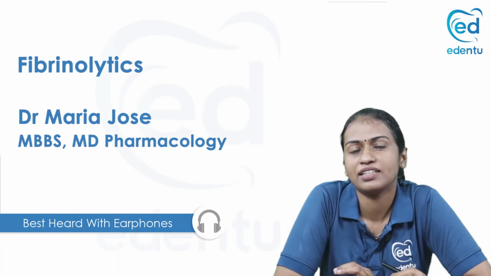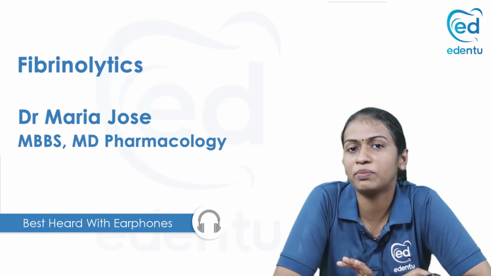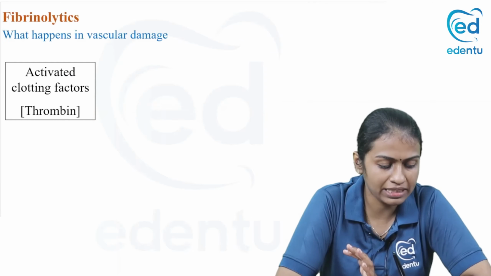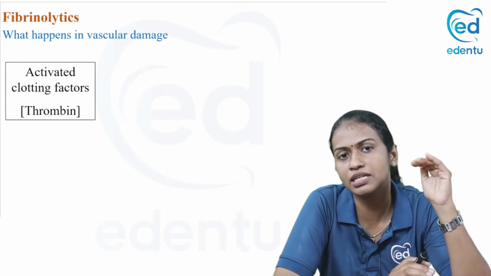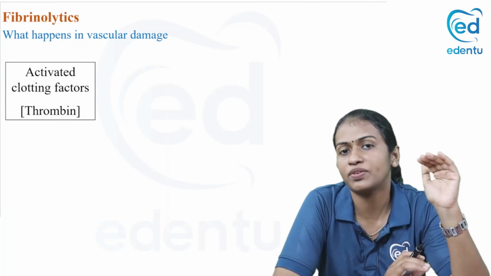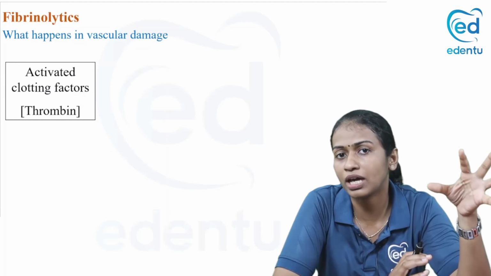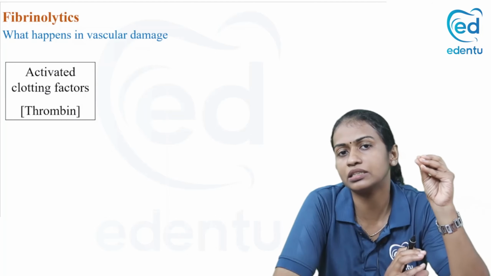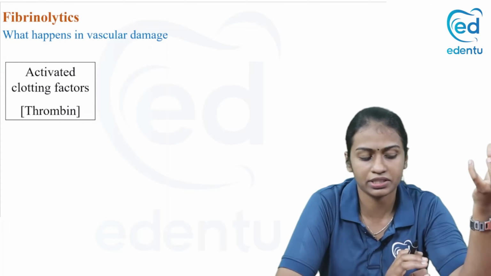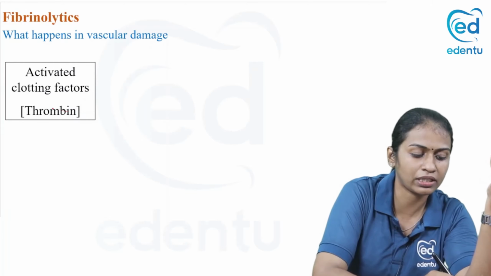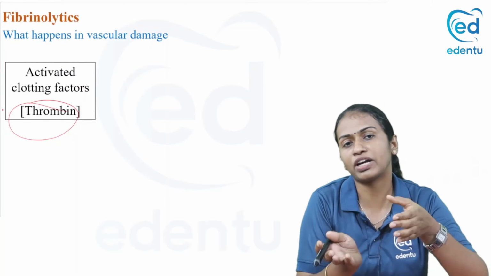Hello students. So today we'll be discussing fibrinolytic agents. So basically, what happens when there is vascular damage or when there is an injury to the blood vessels? You've seen when we took the antiplatelets what happens when there is a cut in the blood vessels. What happens? The coagulation pathway gets activated and the final output of the coagulation pathway is the conversion of factor 2 to